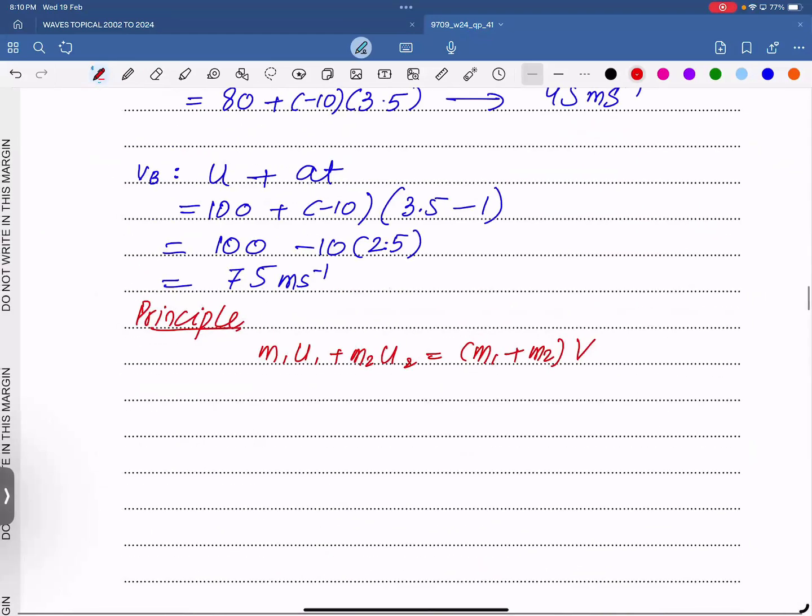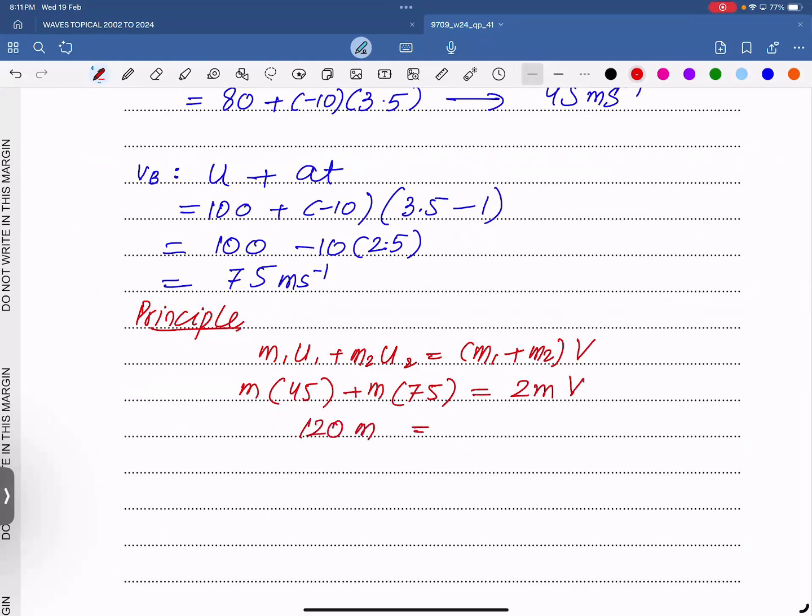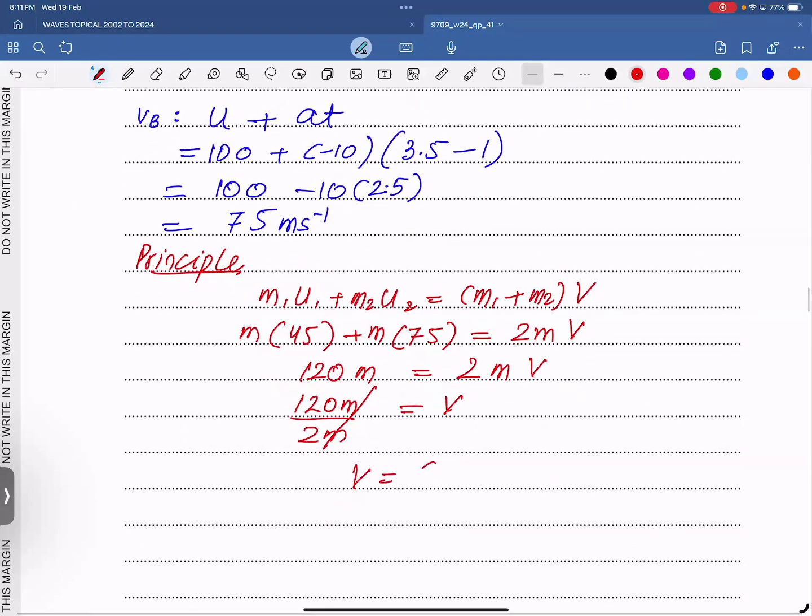So we just say m times 45, plus m times 75, equals 2m v. 45 plus 75, 120m is 2m v. 120m divided by 2m is v. M simplified, v is 60 meters per second. So this is the initial speed of C right after collision. Since we took positive velocities up for both of them,